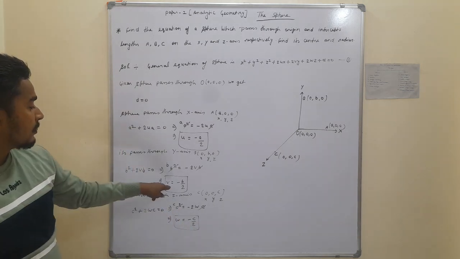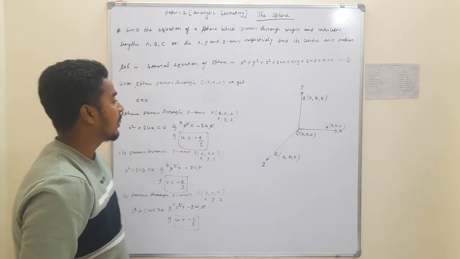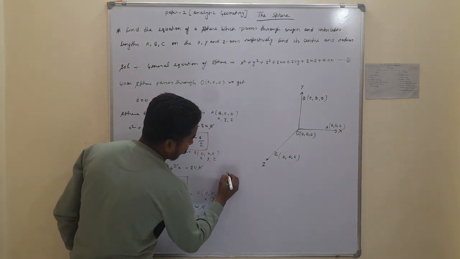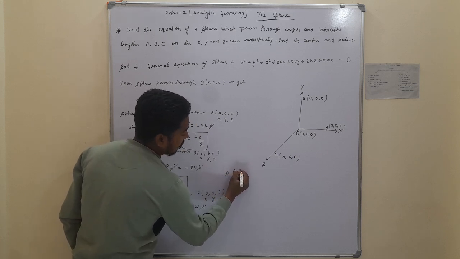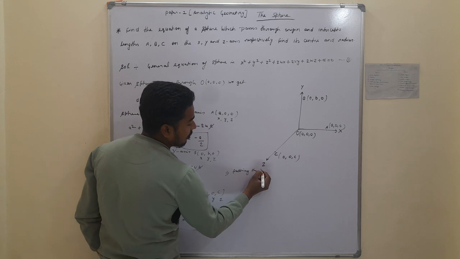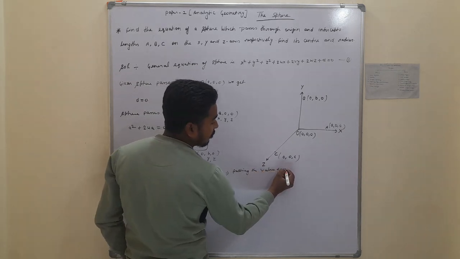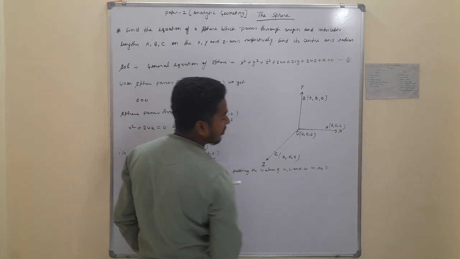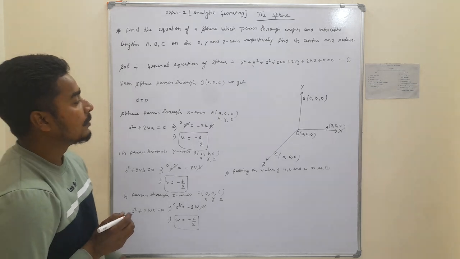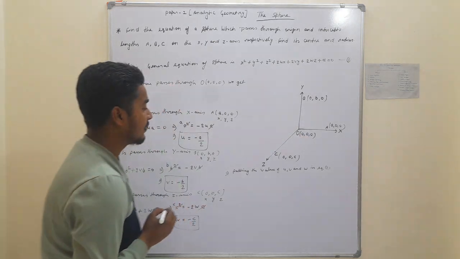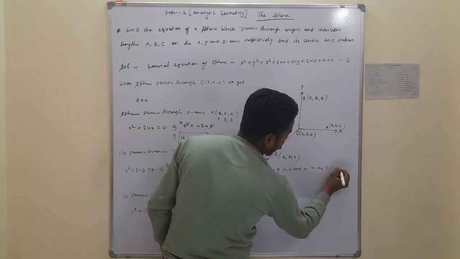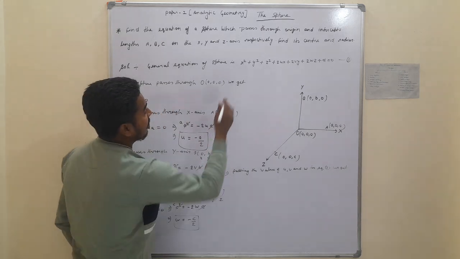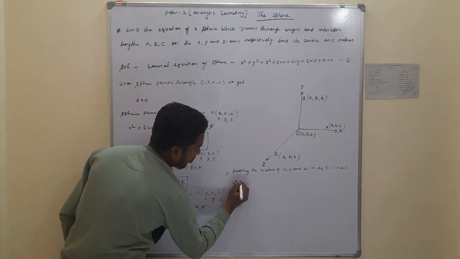Putting the value of u, v and w in the given sphere equation 1, we get the equation of a sphere which passes through O, A, B, C. We get the equation of a sphere: x square plus y